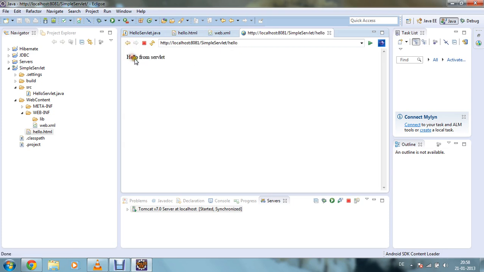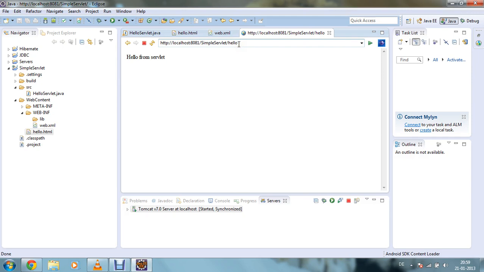After you click the submit button, then comes your hello servlet class, and after that the URL pattern. When it interacts with the SimpleServlet, the URL pattern is changed. You can define the URL pattern according to your choice.